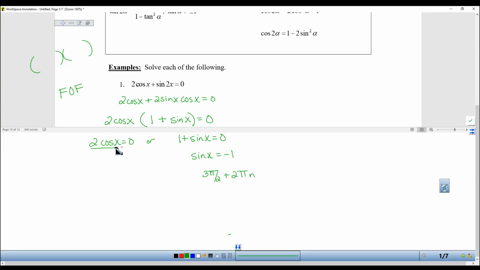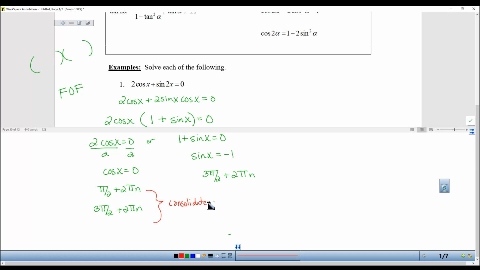For the 2 cosine, I can divide both sides by 2, and I just get cosine of x is equal to 0. That happens both at pi halves plus 2 pi n and at 3 pi halves plus 2 pi n. So, of course, I already have this answer, so I don't need to write it twice. But also, you may realize that these can be consolidated,